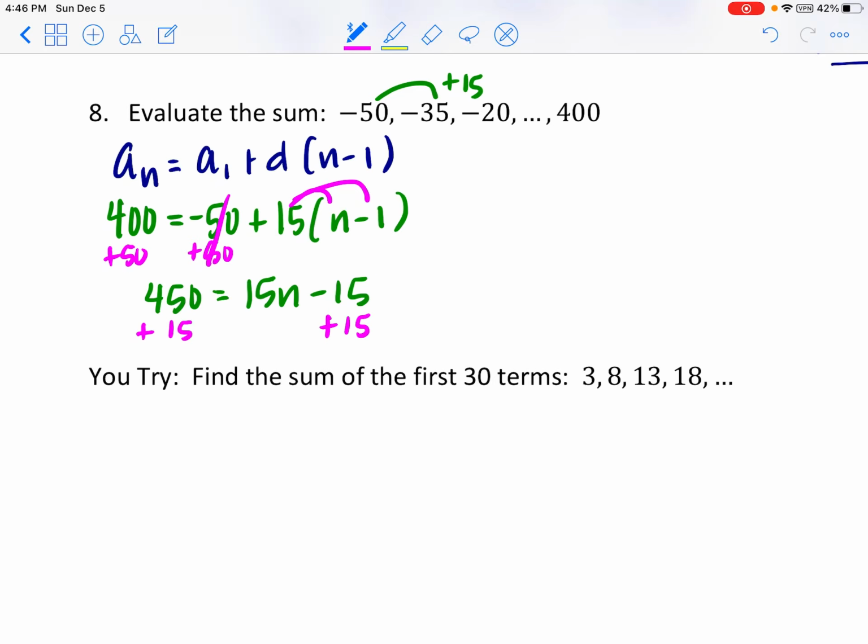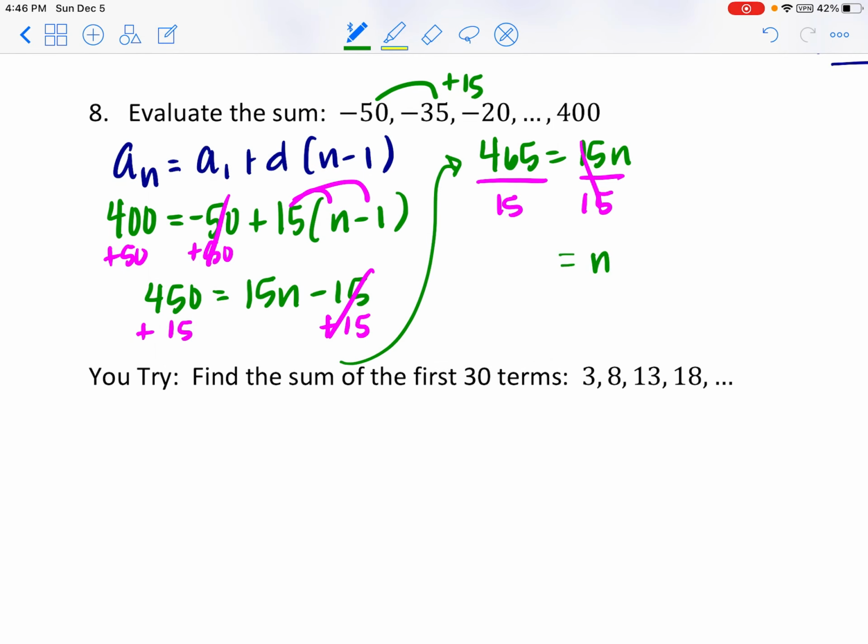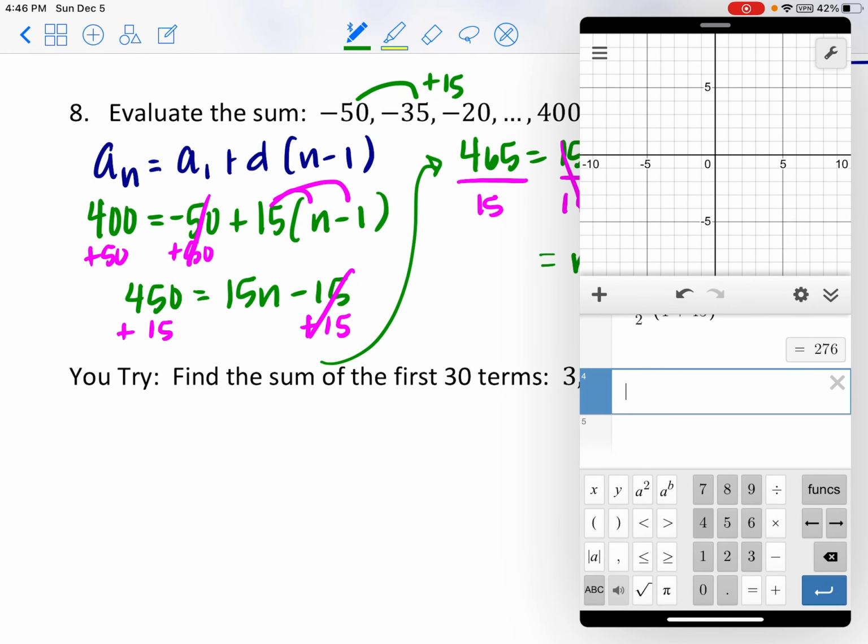Divide last, and then I'm done. So carry this over here. I'm looking at 465 equal to 15n. And now I can divide both sides by 15. And now I know that n, which is the number of terms on my list, is whatever 465